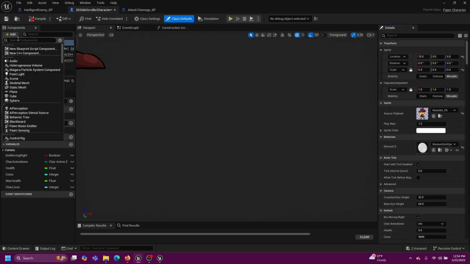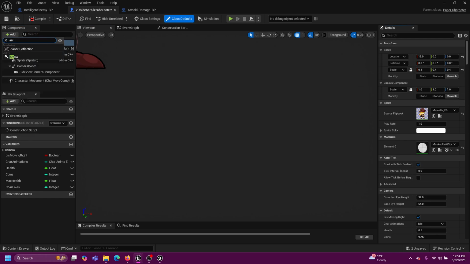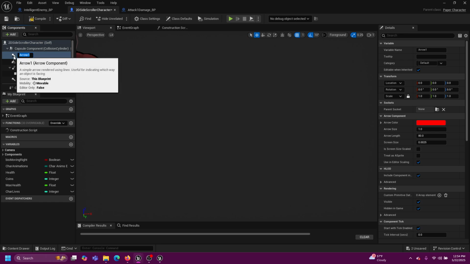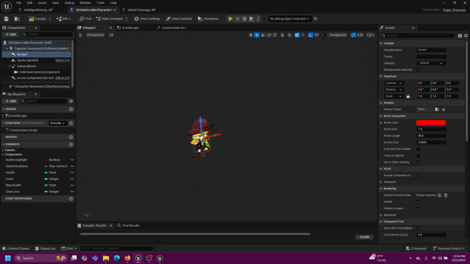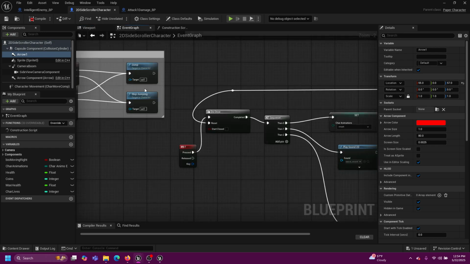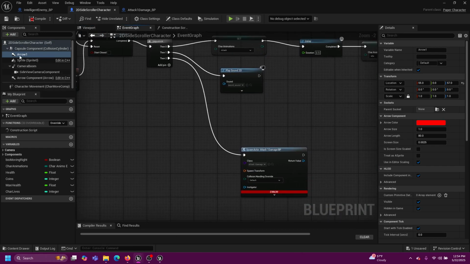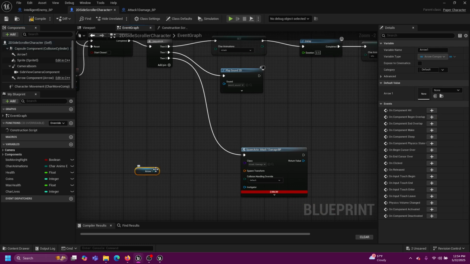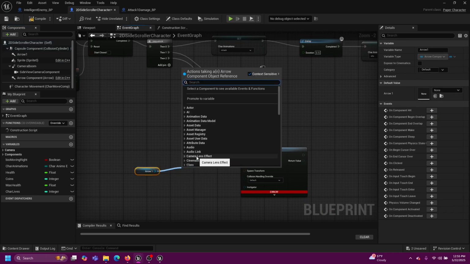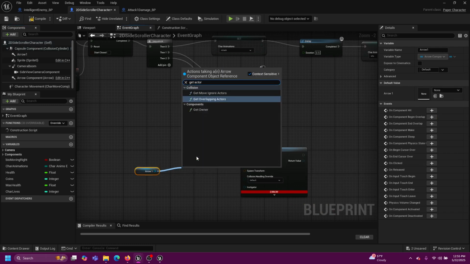Add arrow. This is gonna go slightly to the right and up. Compile, save. Back into event graph. Pull out arrow 1. Get actor